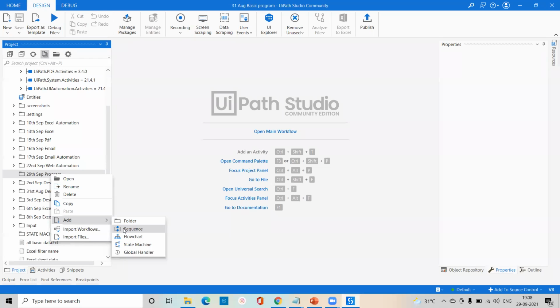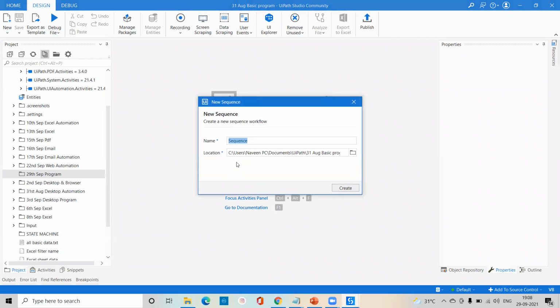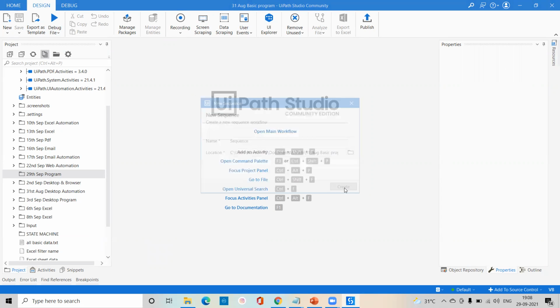Okay. So try to understand. You can see the logo also: sequence, flowchart, and state machine. We'll start with sequence. What is sequence and how can we create a program in sequence. Right now I'm giving the same name, sequence. The first time you take it, it comes as sequence. The second time it will come as sequence 1, sequence 2, sequence 3, and so on. Okay. So here we have created this sequence 1, and right now we'll get your sequence flow diagram.